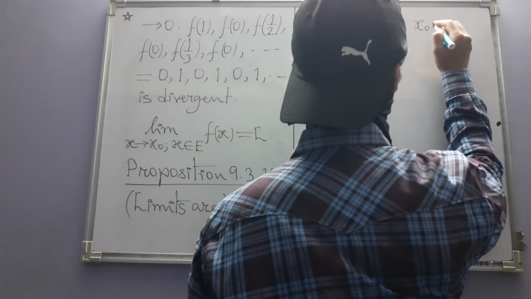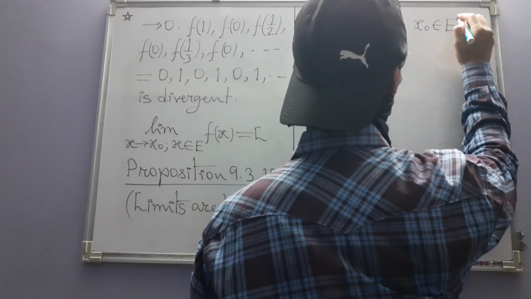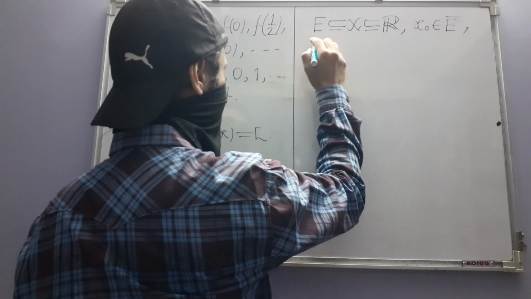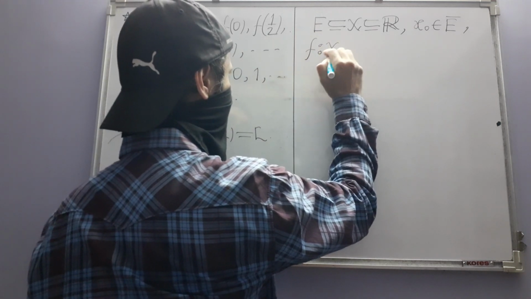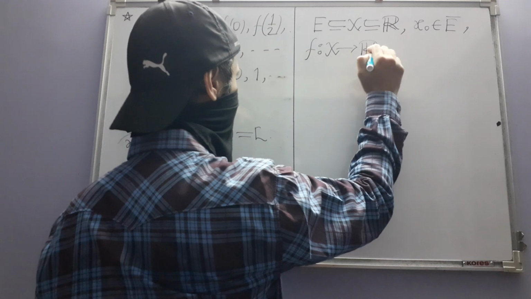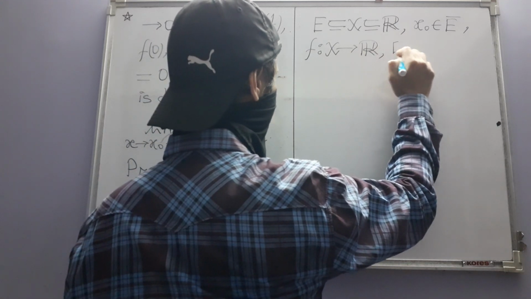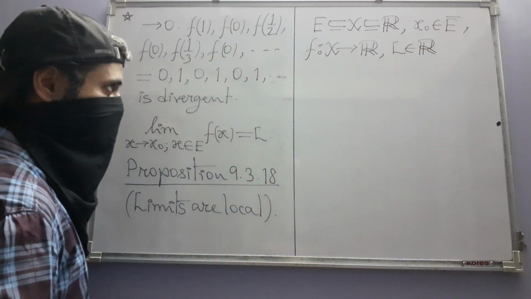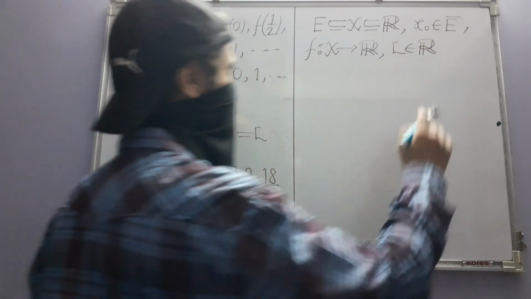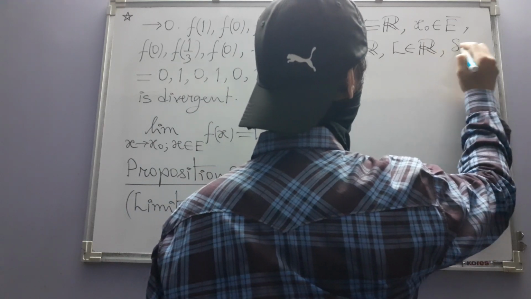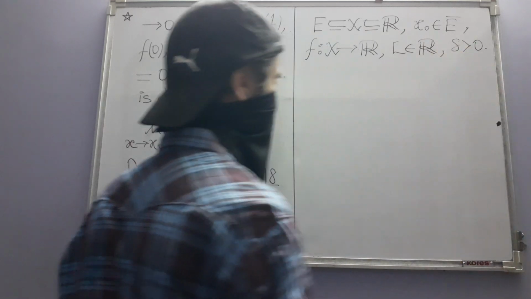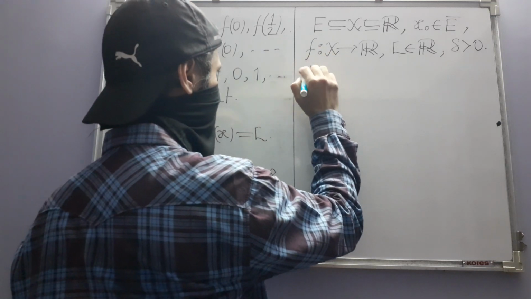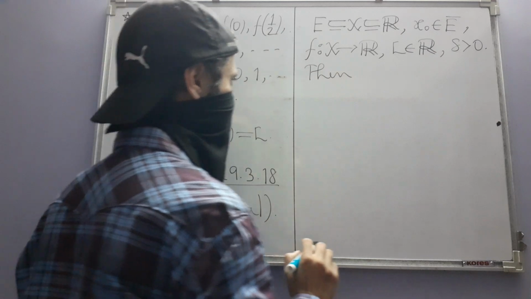X naught as before is an adherent point of E. F is a real valued function with X as its domain. What else do we need? We need the limit L, which is a real number, and we will now need another new thing, a positive real number delta. Then the proposition states this: